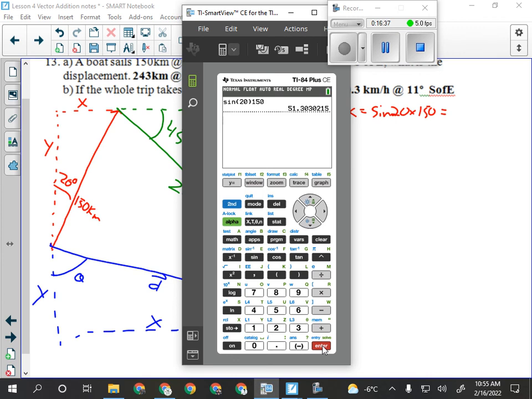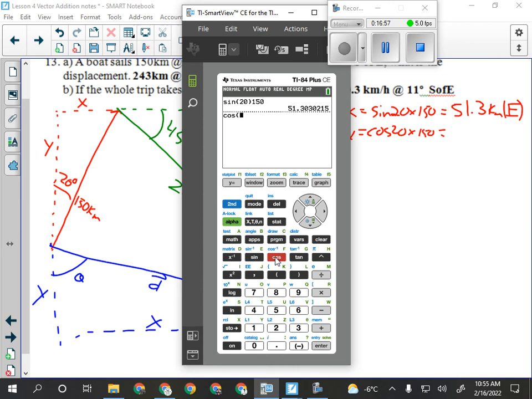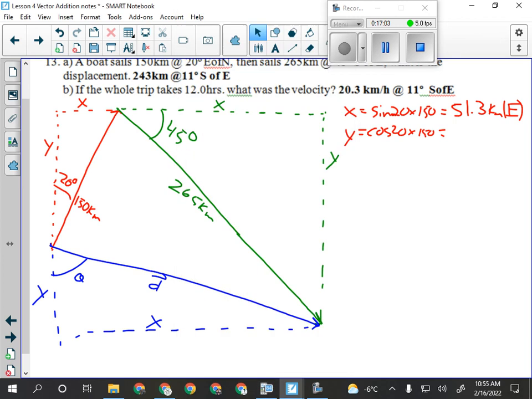And so 51.3 kilometers, and that is east. Okay, and then y is the adjacent side, so it'll be the cos of 20 times 150. 140.95